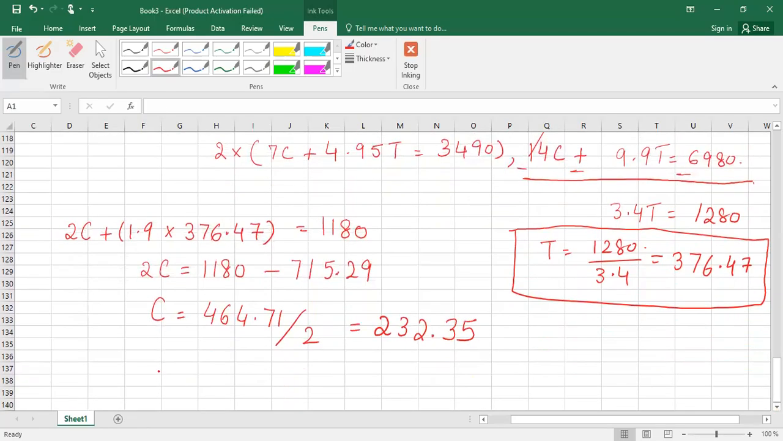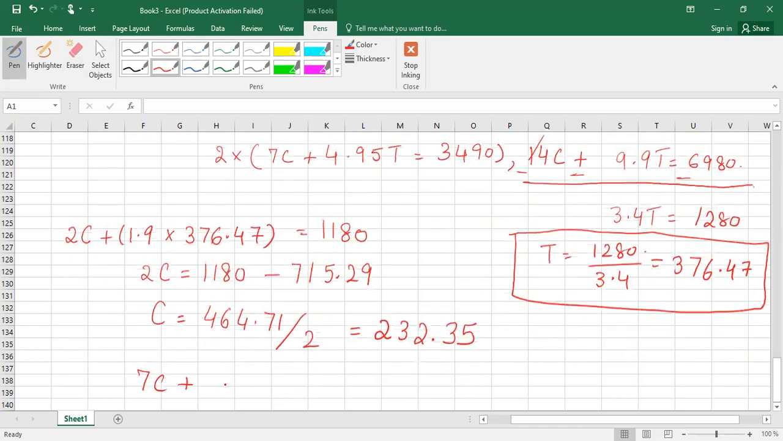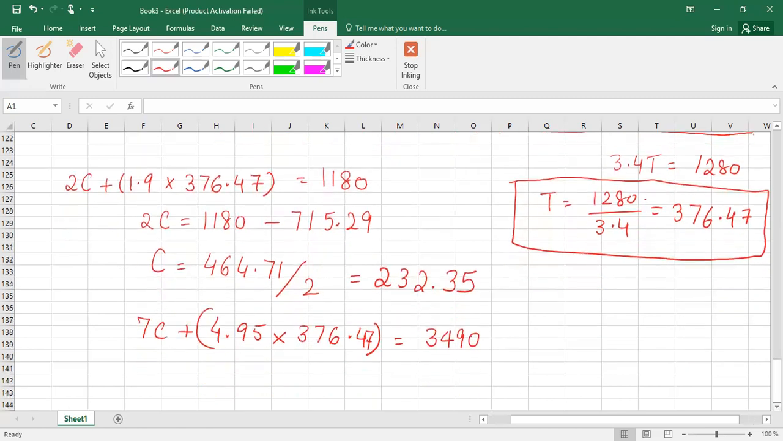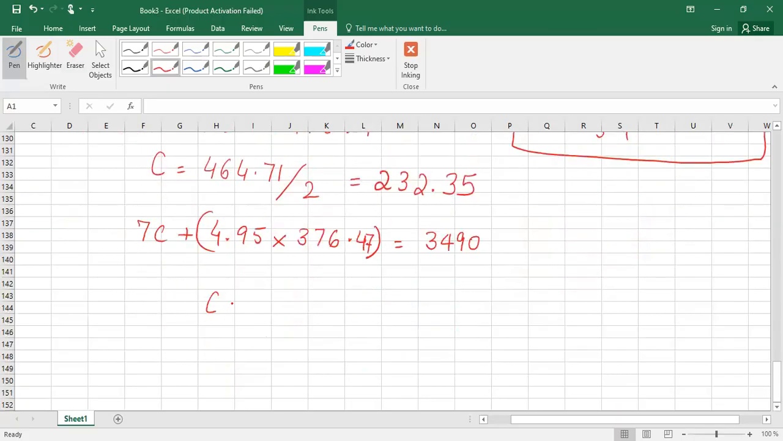must be the same. Maybe there will be a difference of decimals, but in totality my answer must be the same. So 7C plus 4.95 into tables, which are 376.47, is equal to 3490. So 7C is equal to 3490